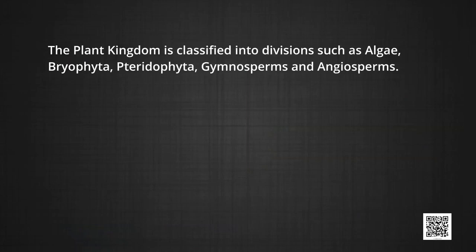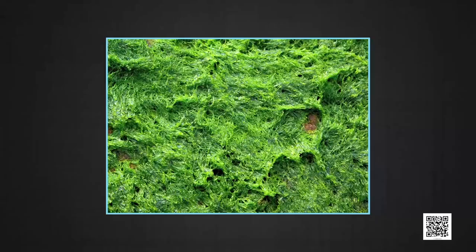The plant kingdom is classified into divisions such as algae, bryophytes, pteridophytes, gymnosperms and angiosperms. Among these, algae are the simplest, most primitive and aquatic plants, while the rest are terrestrial in nature. Algae contain chlorophyll, but some have an additional red pigment, phycoerythrin, and are called red algae, while some others have an additional yellowish brown pigment and are called brown algae. The mode of reproduction in algae is vegetative, for example by fragmentation, asexual by spores and sexual by gametes and